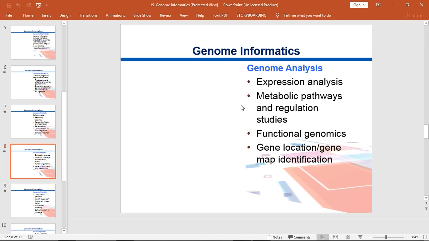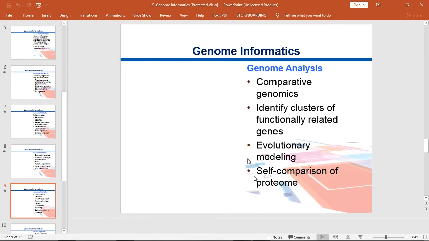Expression analysis, metabolic pathways and regulation studies, फंक्शनल जीनोमिक्स, जीन लोकेशन और जीन मैप आइडेंटिफिकेशन। उसके बाद हमारे पास कंपैरेटिव जीनोमिक्स, आइडेंटिफाई क्लस्टर्स ऑफ फंक्शनली रिलेटेड जीन्स, एवोल्यूशनरी मॉडलिंग, सेल्फ कंपैरिजन ऑफ प्रोटियोम,